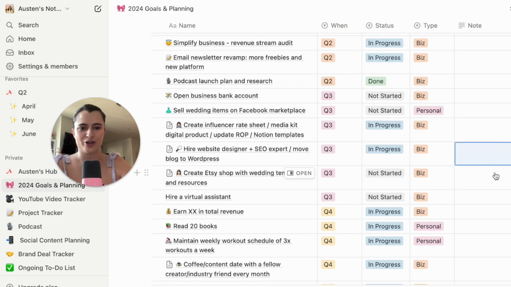Okay, moving along down here. I don't think I've ever spoken about this one publicly. So one of the things I would like to do this year is to create an Etsy shop with wedding templates and resources. So similar to how I create my digital products for content creators,